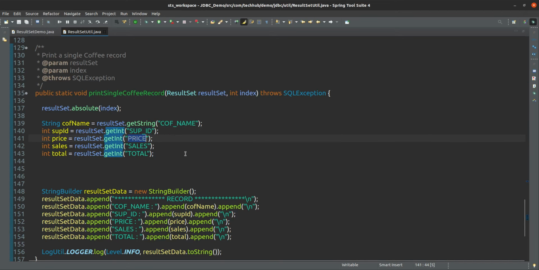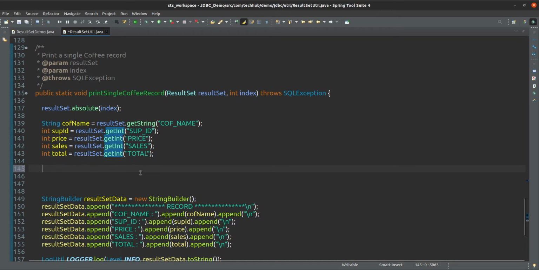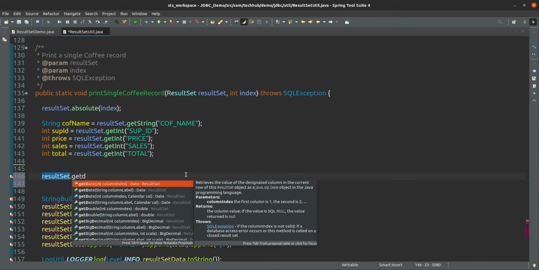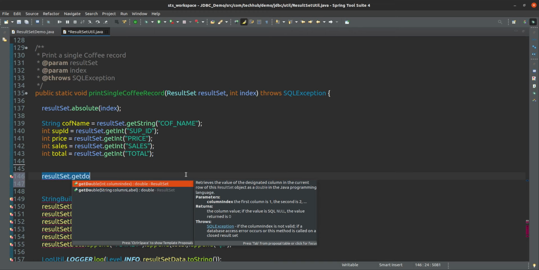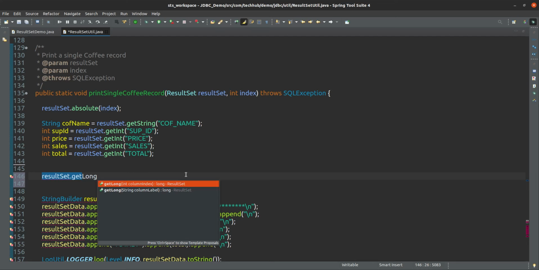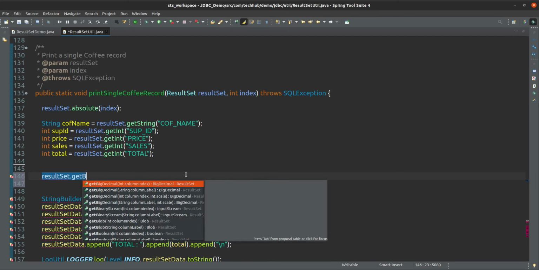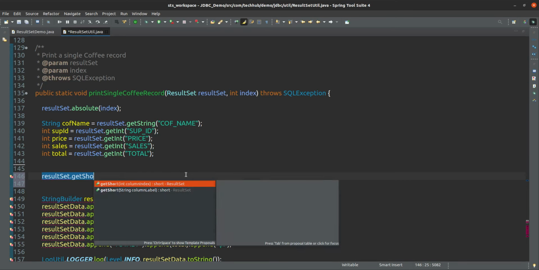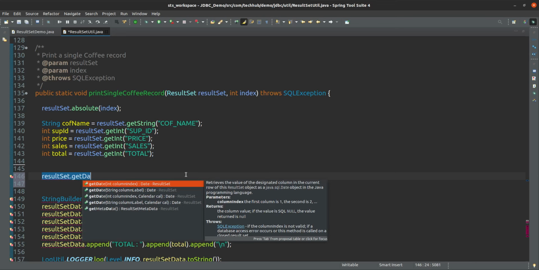Whatever the type, if it is double then we can use get double, or get date, get long, get byte, get short, all are there.